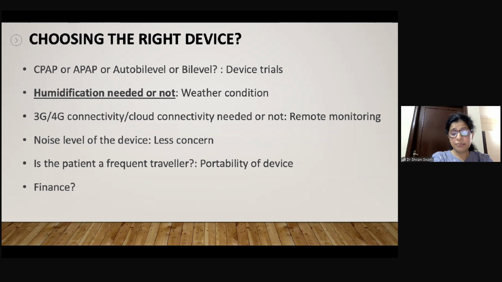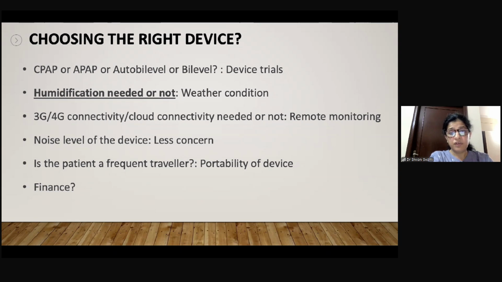Of course, there is the CPAP, which is the manual CPAP, and then there is the auto CPAP, which is also called the APAP, or then bilevel or auto bilevel. So, which to use in which patient is a very carefully titrated decision. And like we always used to say, these are actually tailor-made therapies. There is no one size fits all. And this tailor-made therapy is on various levels, not only just on the device, but also in the interface,